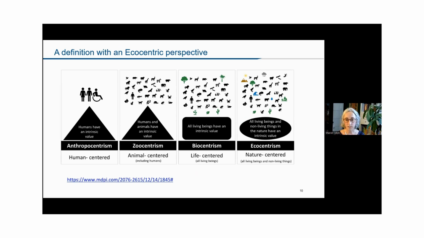And this chart or diagram here describes different perspectives. And so an anthropocentric perspective, it's hard to say, sees the intrinsic value mainly of humans. And so although with that perspective, you might be looking at the environment or animal health, but always trying to tie it back to its value to humans, as opposed to an ecocentric perspective, which sees all living beings and non-living things in nature as having their own intrinsic value.